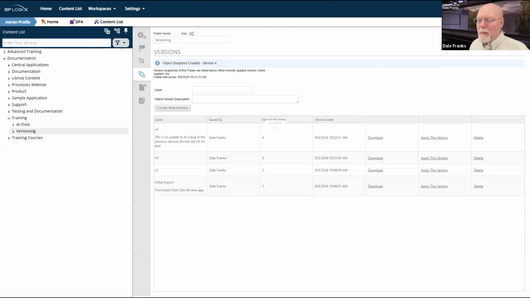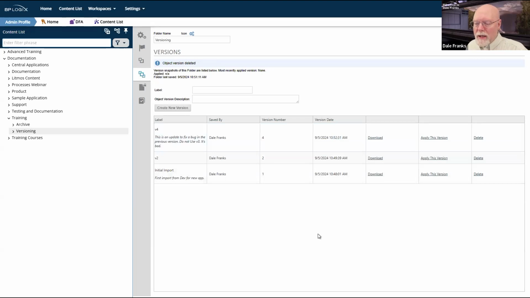And I'll get my warning that asks if I really want to delete it, but now it's gone. Now I can't roll back to that version. In general, we don't recommend in the normal run of events that you delete a version, but this is a case where I've done something I thought would be cool. And who knows, maybe it worked fine in the dev server.